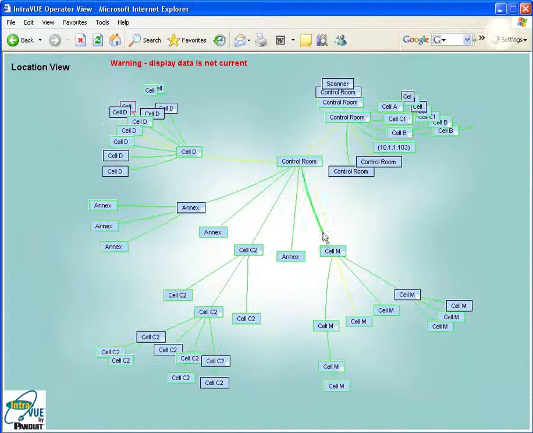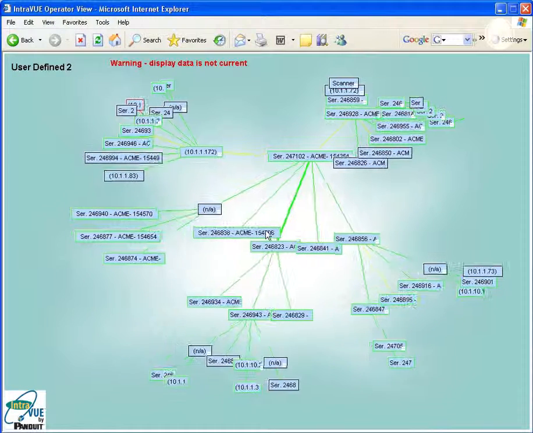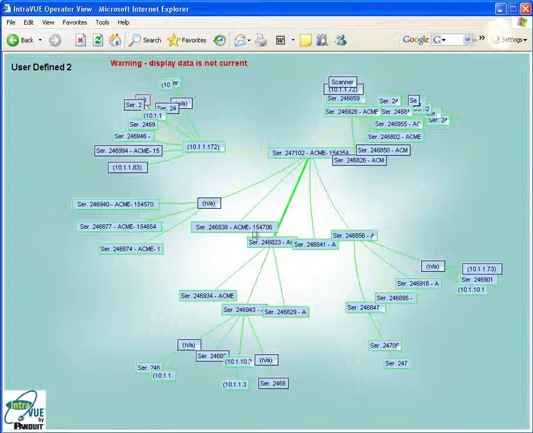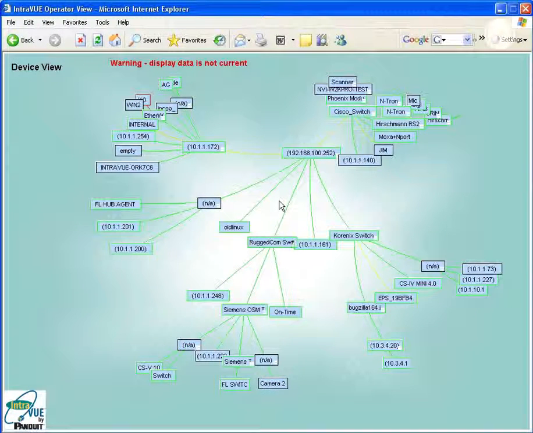And then there are 3 device views that are defined by the user. In this case, the functional view, a serial asset view, and a diagnostics view. So the serial asset view shows you what the serial numbers are as well as the asset tags. This has been defined by the user in this case. I'm going back to device view